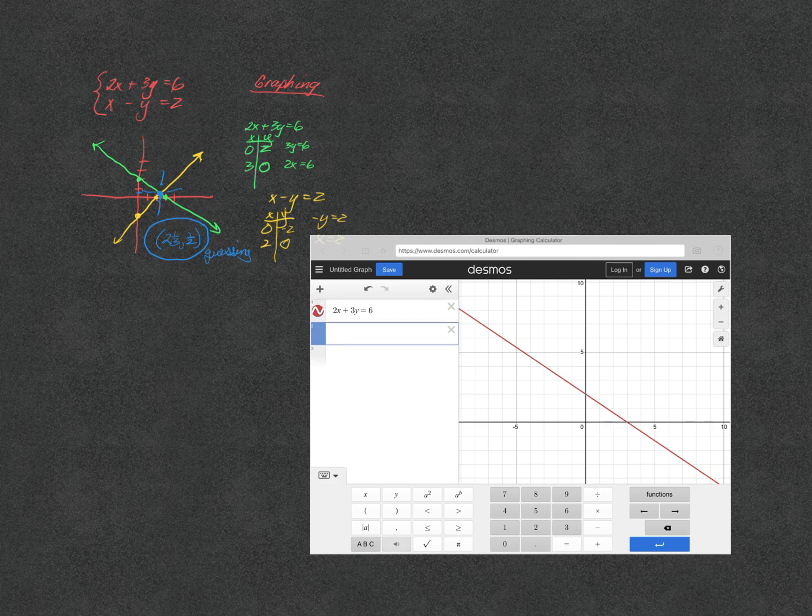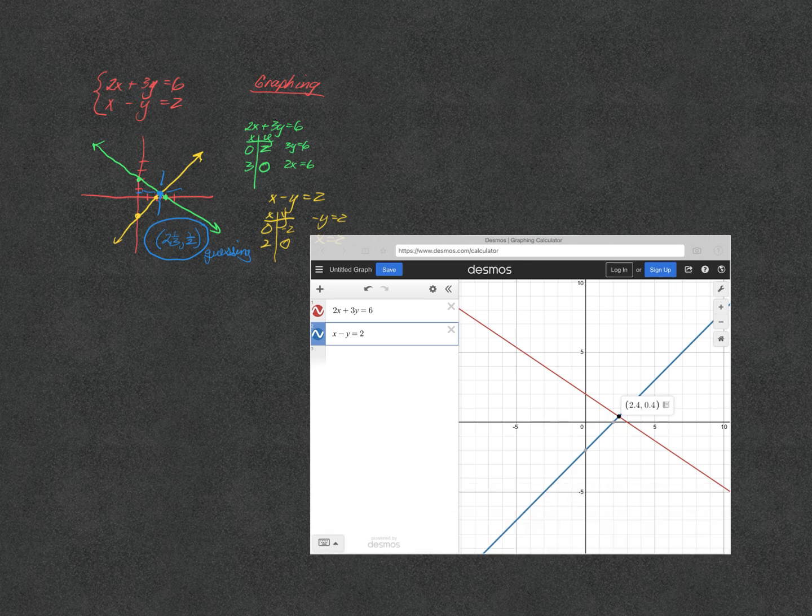Then let's do the other one: x minus y equals 2, and there's that. You can see that the point of intersection is right there. And it's actually fairly close to my guess. My guess was (2 1/3, 1/2), and it's actually